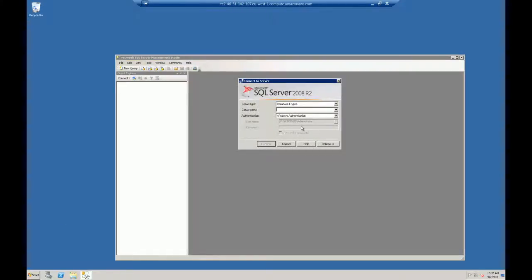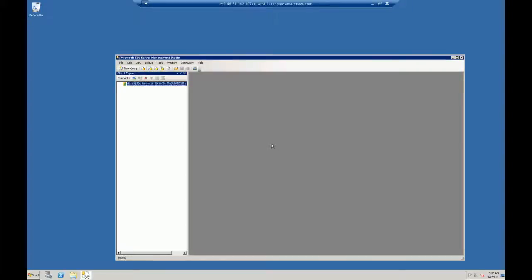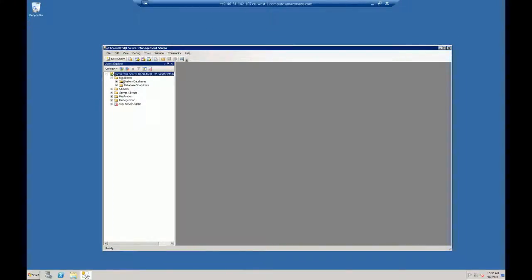Under server name, enter open bracket, local, close bracket, and then use Windows Authentication. Click Connect. Now you're connected to the SQL Server running on your instance. We can see System Databases, and under Security, Logins, we are going to create a new user. Right-click on Logins, select New Login,